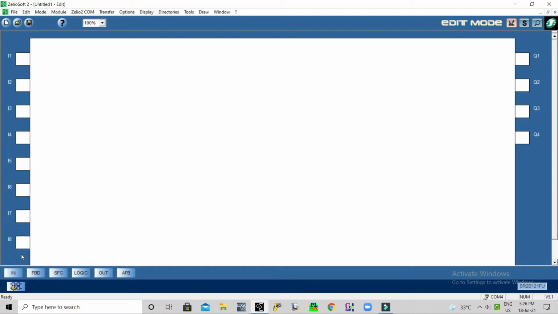As I told you, we have 5 inputs: forward push button, forward limit switch, reverse push button, reverse limit switch, and stop button also. So now we will configure the 5 inputs.